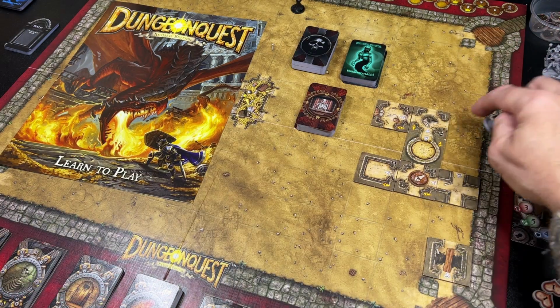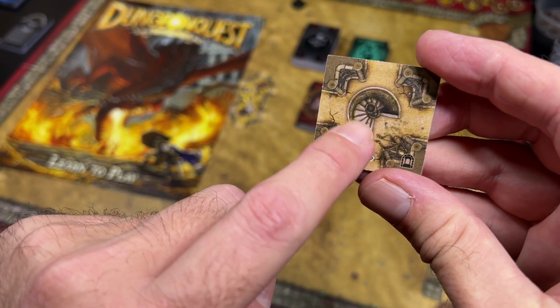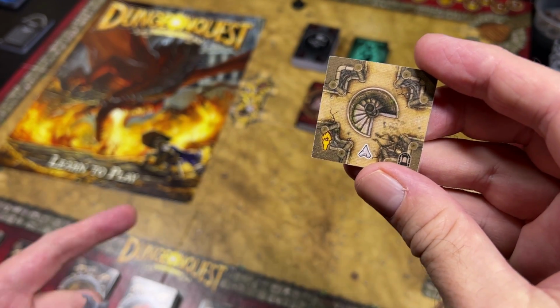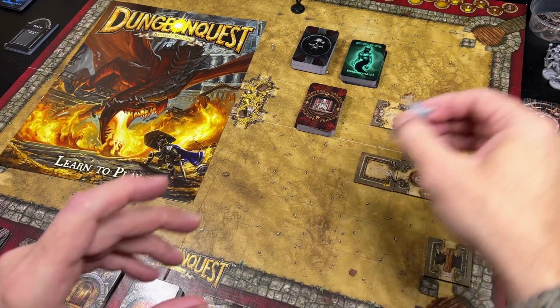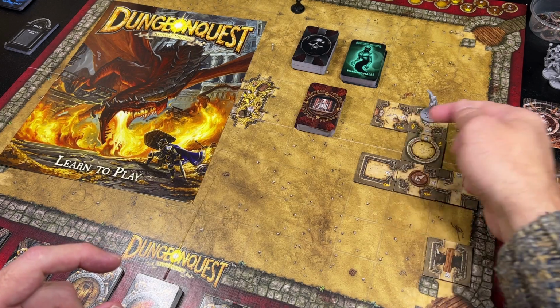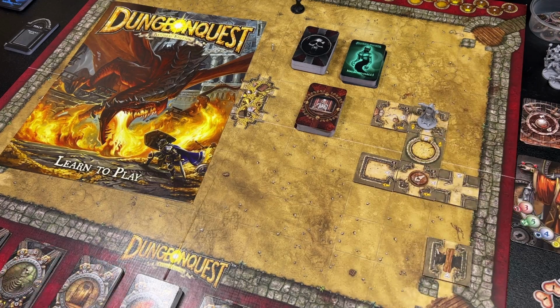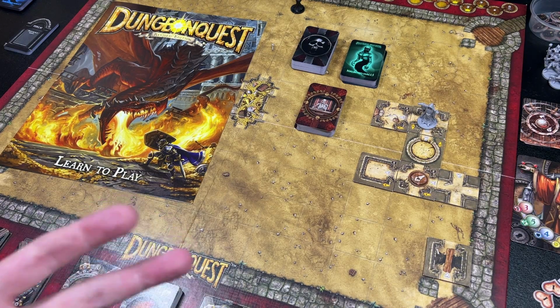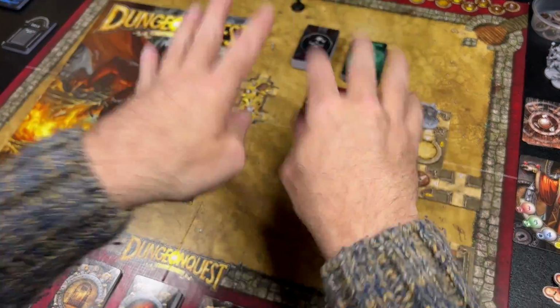I moved forward here and explored this dungeon tile, which also has a way I can descend down into the catacombs from this tile if I so choose. And then I drew this tile with a portcullis, and so he is not going to go that way. He is going to proceed forward. So we'll play a couple turns to show you how this game plays, and we'll also talk about the new